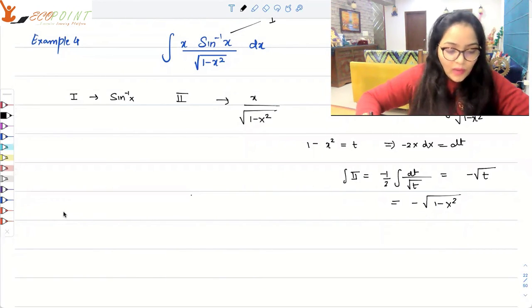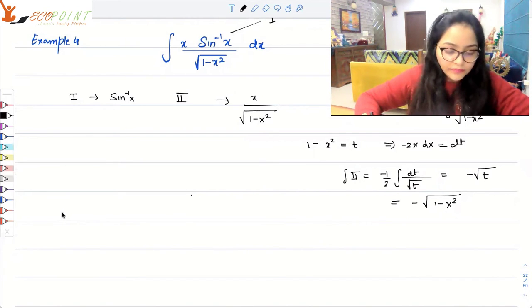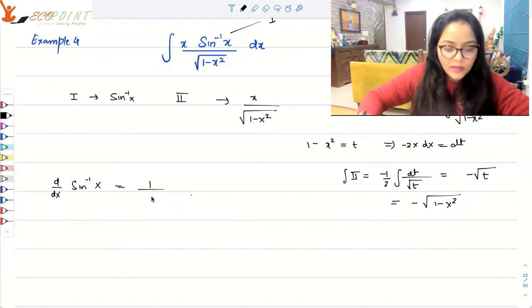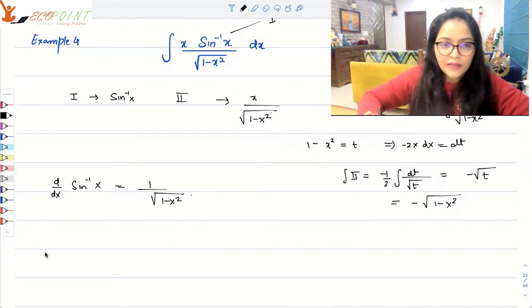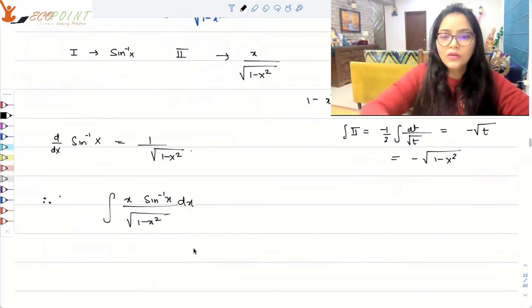And what else you would require? You would require the derivative of sine inverse x, which is 1 upon square root of 1 minus x square. So we have what we require for by parts. So therefore, the integral of x sine inverse x upon square root of 1 minus x square dx is equal to